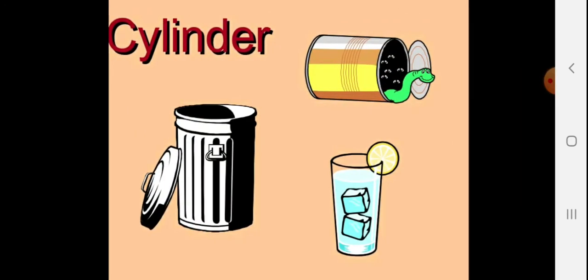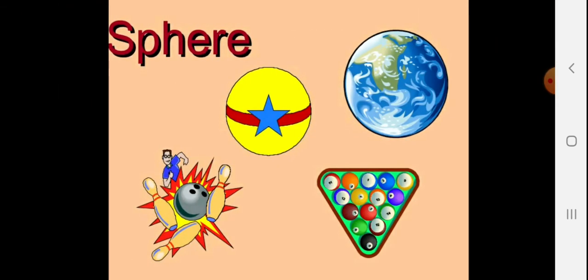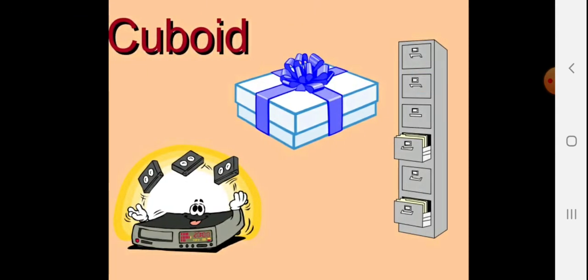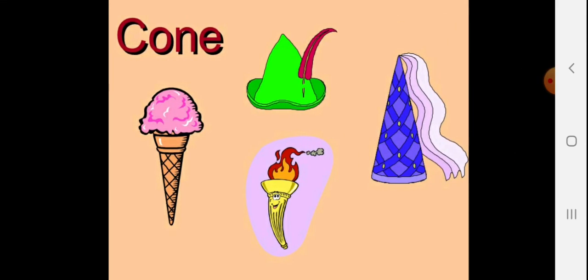You can see the cylindrical dustbins are there and the glasses are there. For sphere, you have so many things in your surroundings. Cube, we have played Ludo, snakes and ladders. So we have used cubes, ice cubes, and these playing cubes that small kids and you might have also played. Cuboid, gift box, your drawers, and see these old cassettes and any kind of storage that is always in the form of a cuboid to keep files and notebooks. Cones, so a hat is an example, a birthday cap is an example, then a mic is an example, and the ice cream cone is an example.